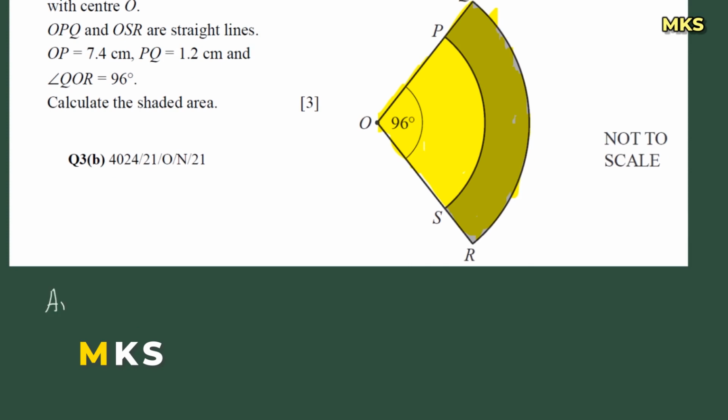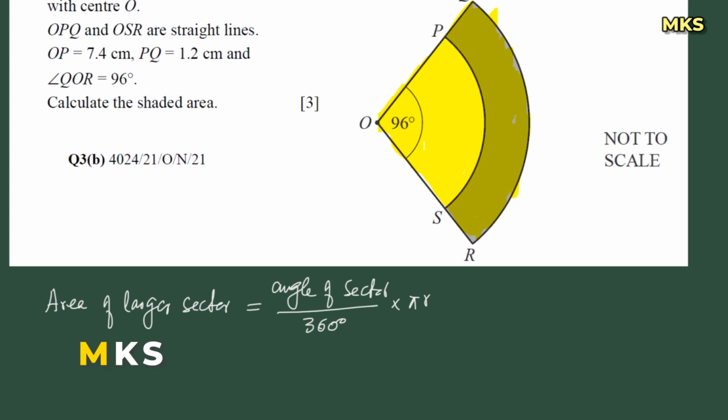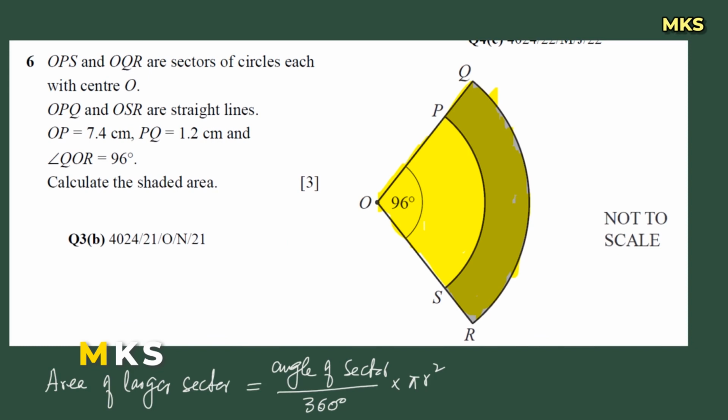That will give us the area of the shaded region. That is equal to angle of sector over 360 multiplied by pi r square, because this is the part of the area of the circle. From O till P, this length is 7.4